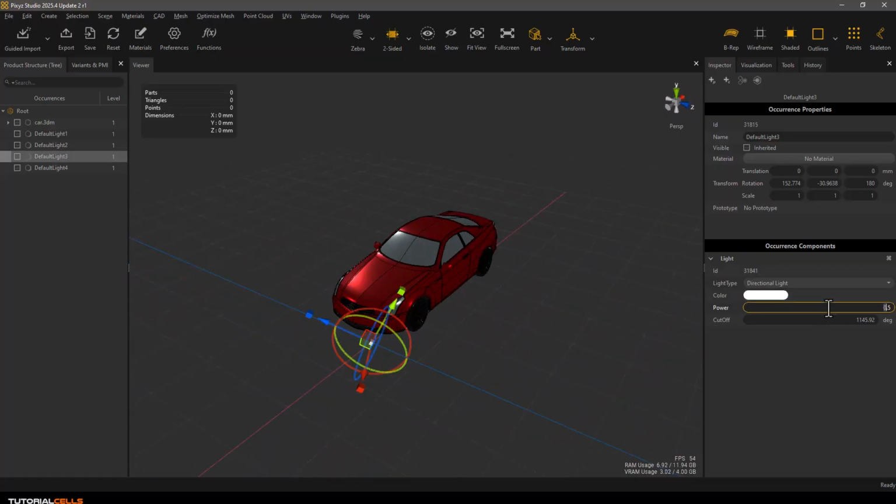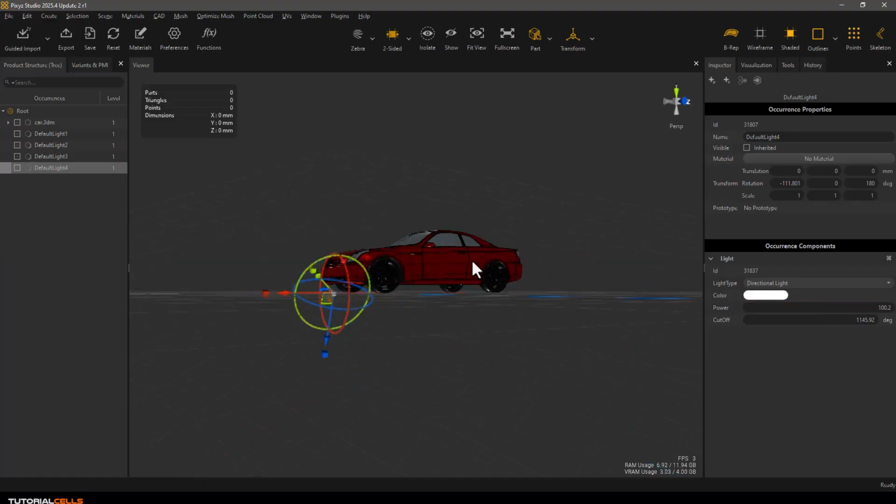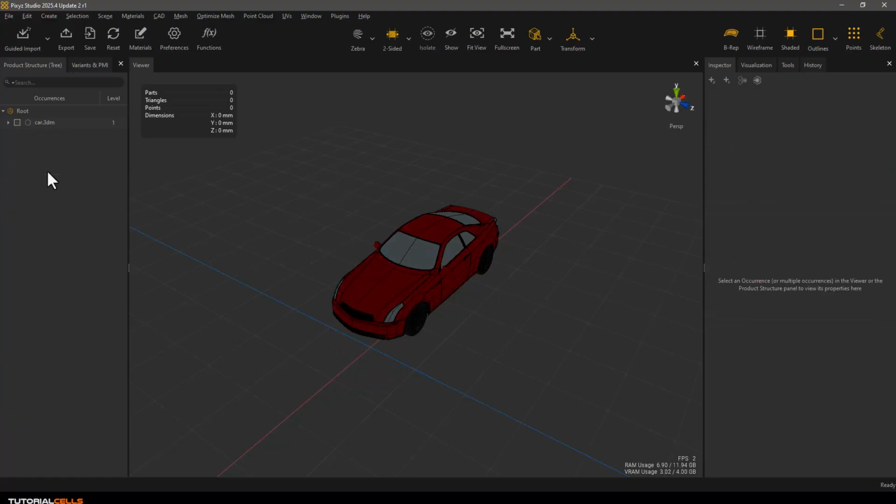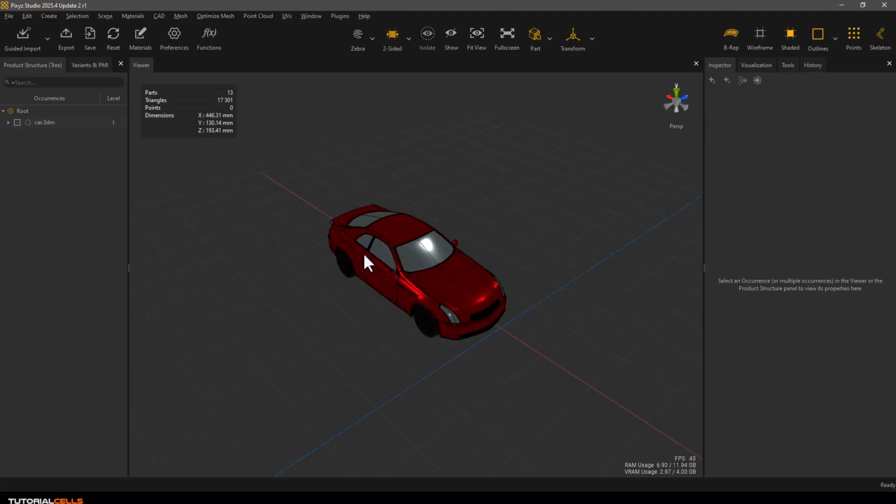These are default lights. 10 times, you can see it better, but you cannot change them. If you delete them, they are automatically created in the background. At the create menu,